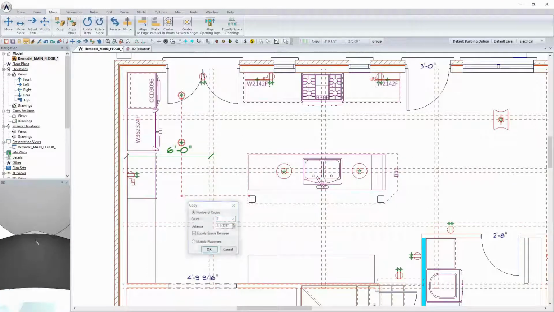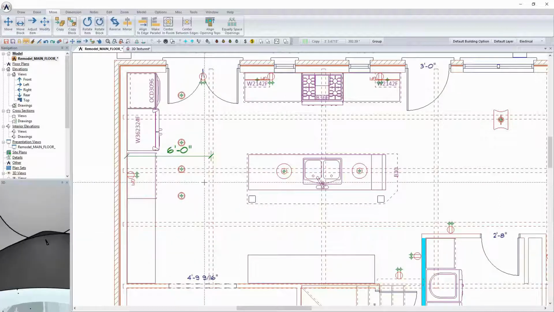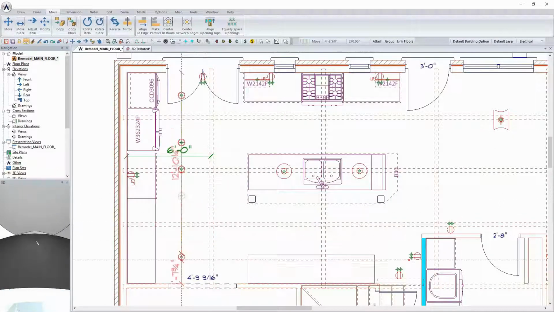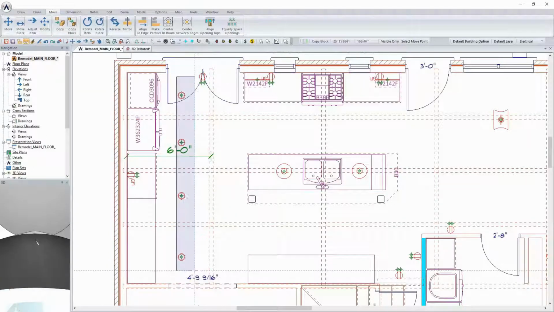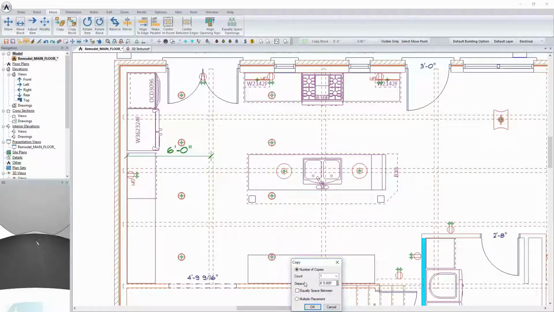And we'll do 2. Okay. I'll move this one down here. I'm going to move this one down here, and then what I'll do is I'm just going to pick the copy block, and I'm going to grab this, and I'm just going to begin to place them where I want them to be, and I'll show you,